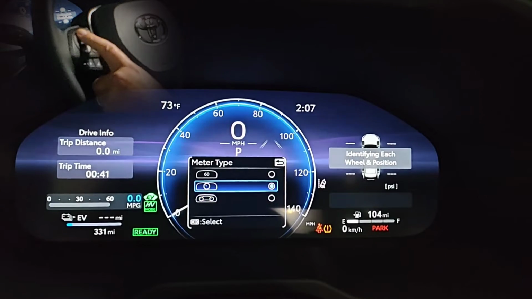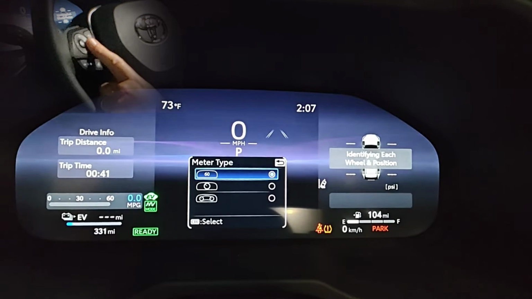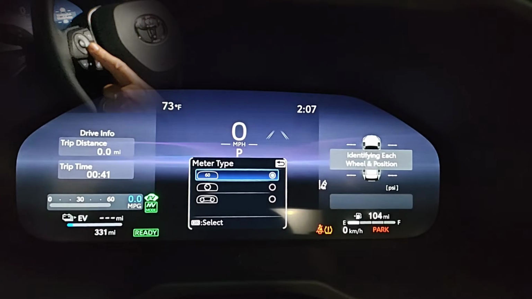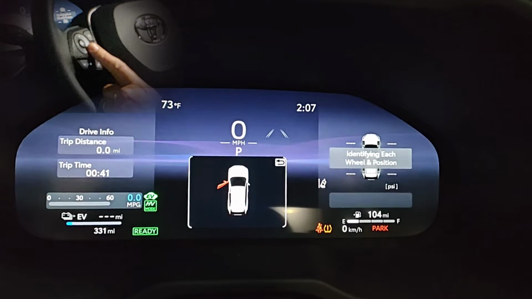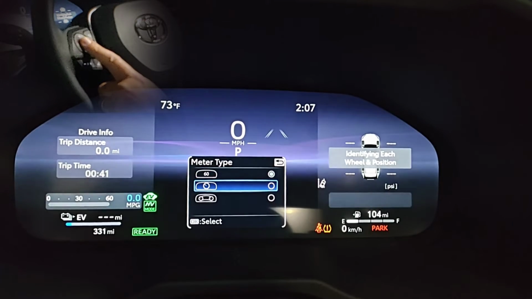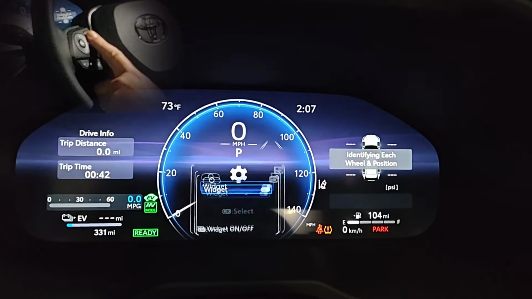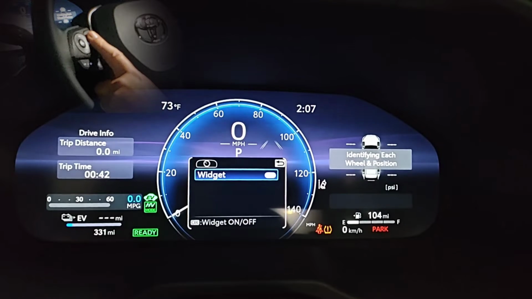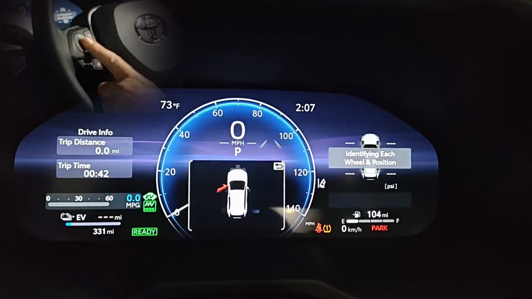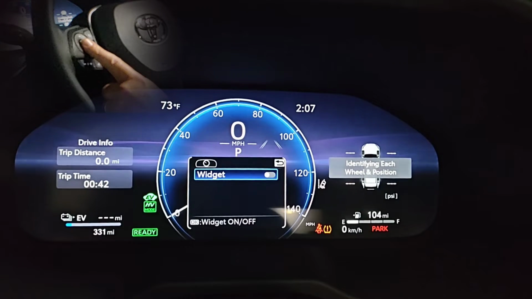And with any of these meter types, setting up the information on the left and right and center of the display is going to be the same. This was my preferred one. That's the one I'm going to use as I go through this tutorial. I might as well start with this info that right here you can turn on or off the widget